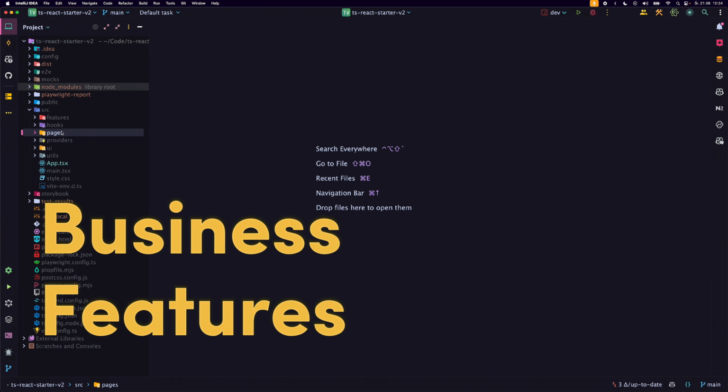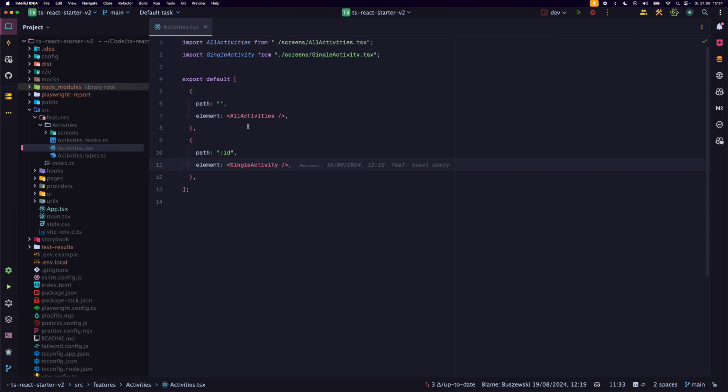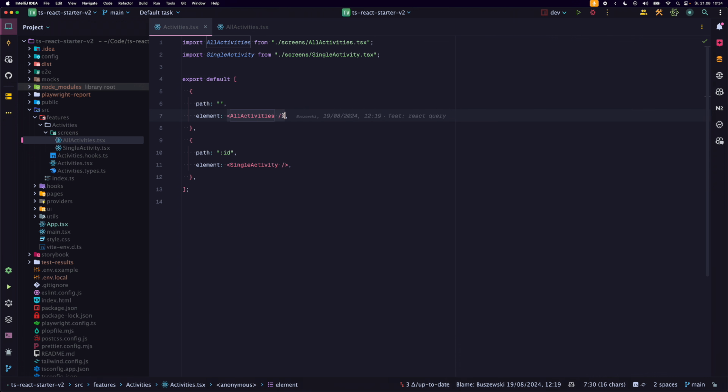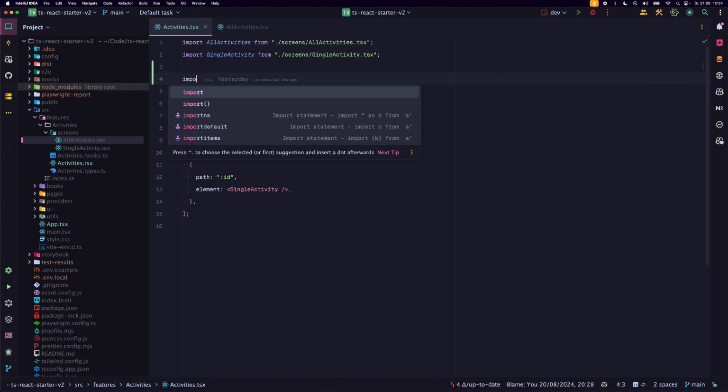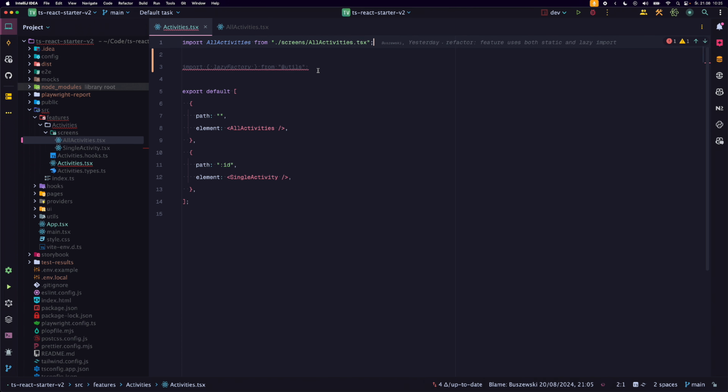For business features, I've put a features directory. In here you should keep all your business related things in a single package. In here we have an example that has its own routing, its own screens, and its own hooks and types. So you can obviously create a separate page. You can then export this page in here and import it in here, and you can of course use it as a lazy loaded. So to do this, just go with lazy factory, and instead of this, import,